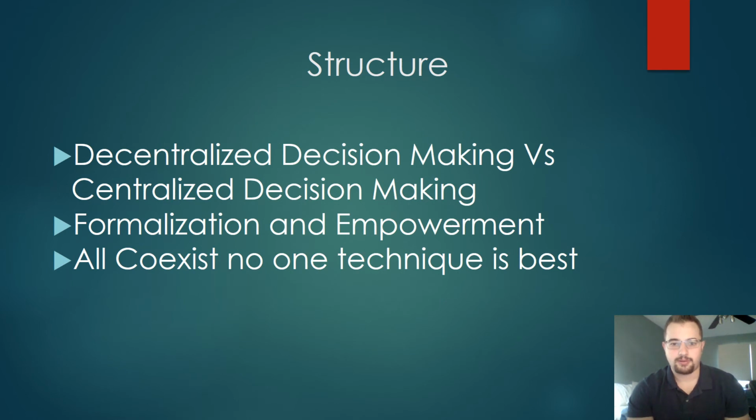So now I'd like to talk about firm structure in order to achieve some sort of effectiveness. So you have decentralized decision making versus centralized decision making. So decentralized is really when you empower local firms in order to make any kind of decisions. You empower employees to make decisions themselves versus centralized where everything comes from the top. So these are our policies, these are our procedures, this is what you do, and this is how you do